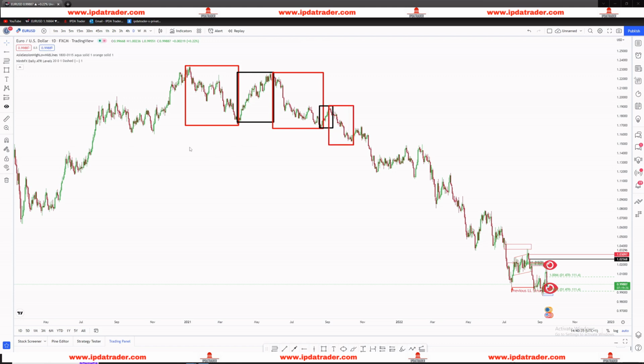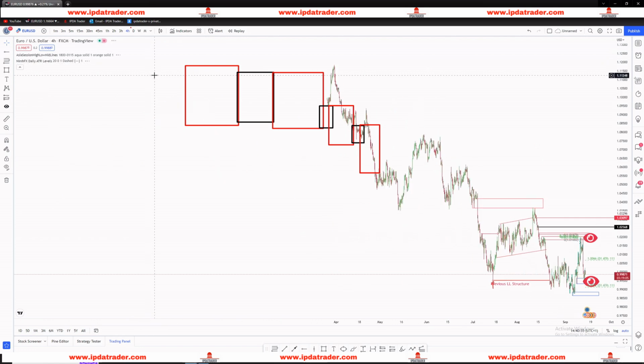Another expansion lower below the low. Every time we break below the low, that's an expansion. Another retracement. A more significant expansion right over here, which you can potentially, and if we actually were to go to a 4-hour, I think this would be a lot better.